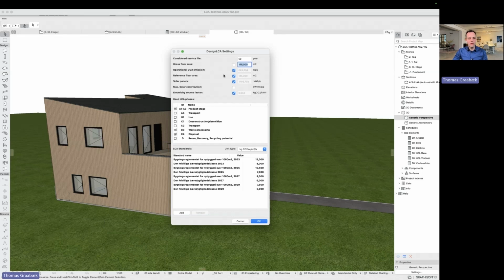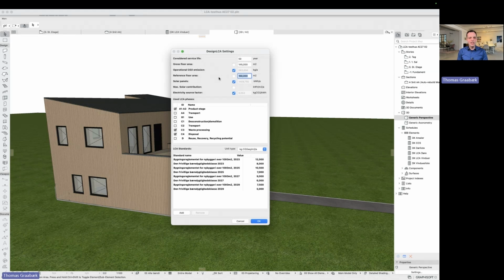Then we have a reference floor area, and that's automatically the same as the gross floor area. So it will also be 145, but if I want to change this, I can do it manually. And the reference floor area is used to divide the CO2 from the building materials. So this lets you have 2 different areas to use for dividing the material use CO2 and the CO2 from the operational use.